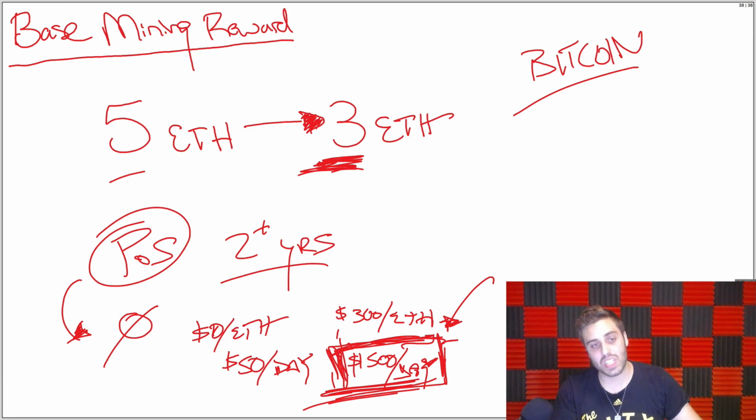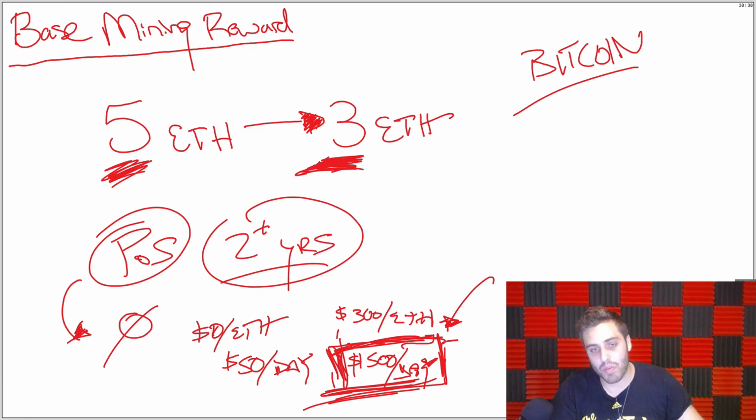So I think they're just seeing this as an opportunity: all right, we're making a change now, proof of stake is a couple years away, let's just sneak this in. Let's get this reward down immediately just to show the miners that we have them on a leash and that we want to preempt any problems that are going to happen with the proof of stake release in 2 years. It's going to be an interesting thing to see how this plays out, but they're going to be reducing the mining rewards from 5 to 3 ETH.